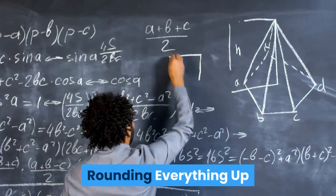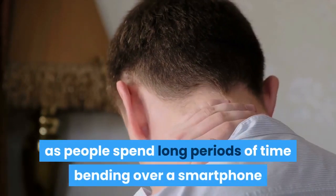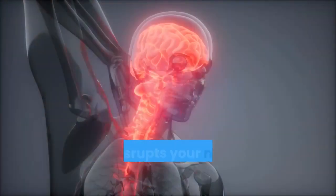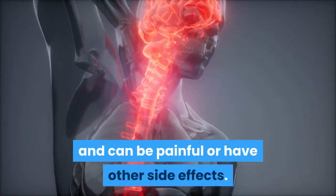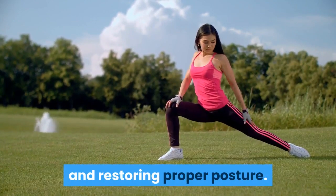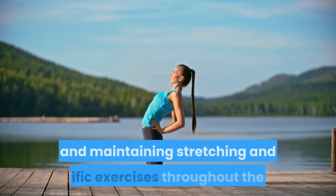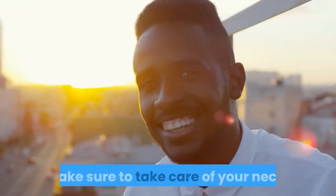Rounding everything up. Forward head posture is very common today as people spend long periods of time bending over a smartphone or other device. FHP disrupts your normal body alignment, and can be painful or have other side effects. Exercise and stretching are effective in relieving pain and restoring proper posture. Fixing FHP requires paying attention to your posture and maintaining stretching and specific exercises throughout the day. Make sure to take care of your neck,